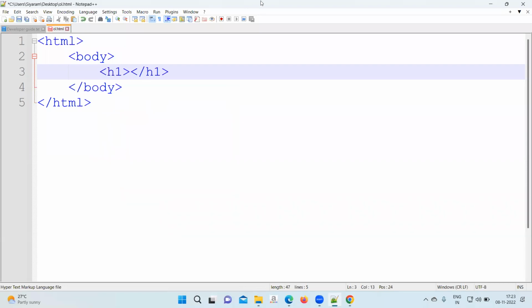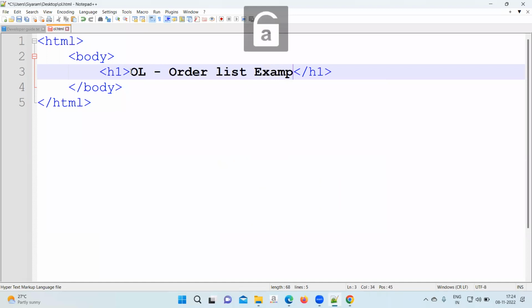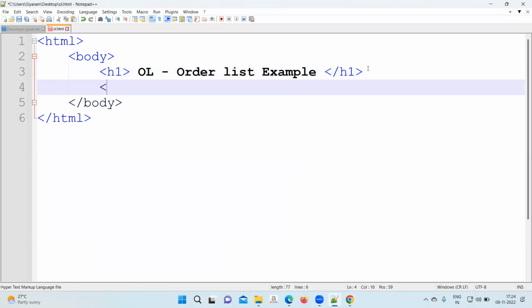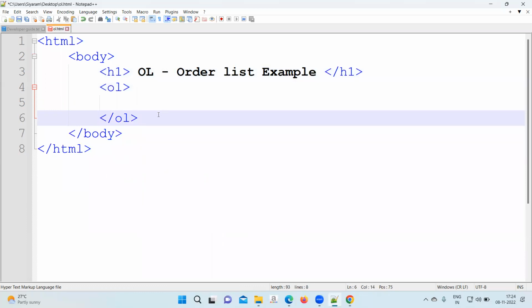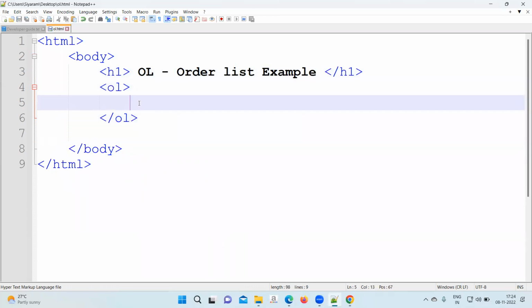We'll write an H1 tag. Under the H1 tag we can write: OL, order list example. Come below and follow the OL tag open and OL tag close. Not 01, OL: O and L, order list. Inside the OL,